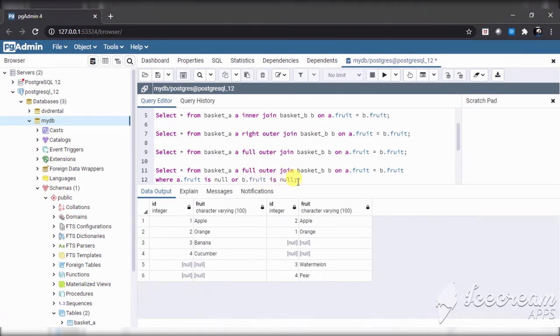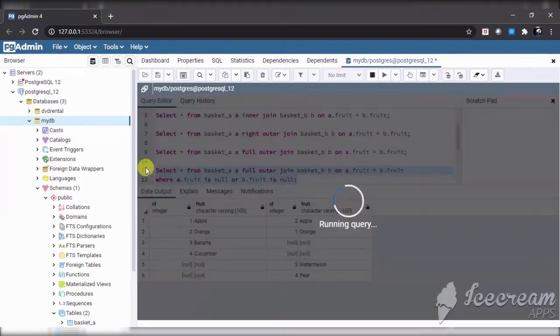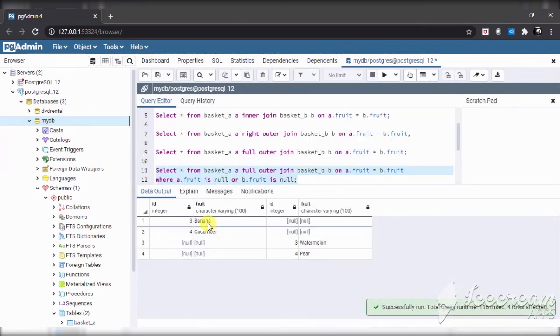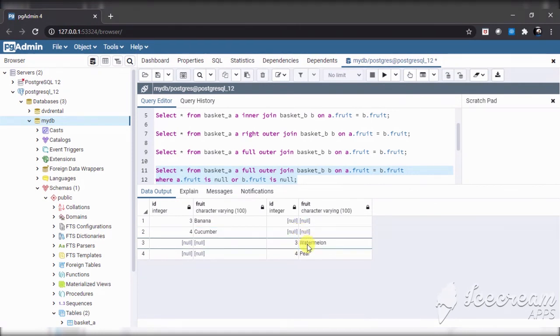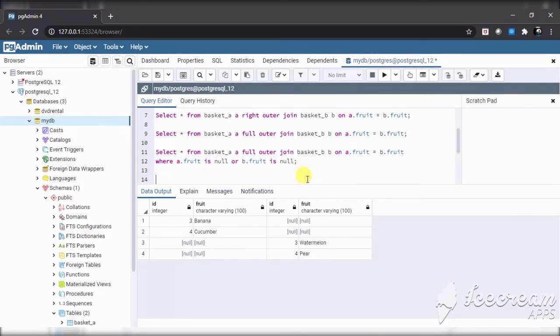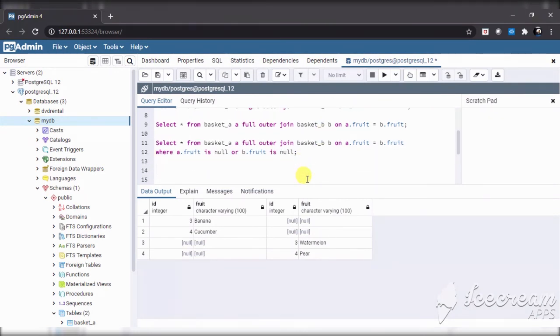This will give only those which are not matching. Banana is there in basket A but not in basket B. Cucumber is in basket A but not in basket B. Watermelon is present in basket B but not in basket A. Pear is present in basket B but not in basket A. Such things you can do, and it is very useful.